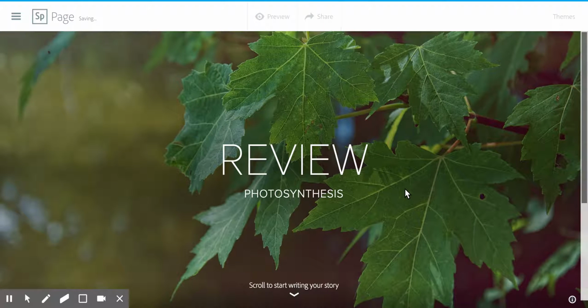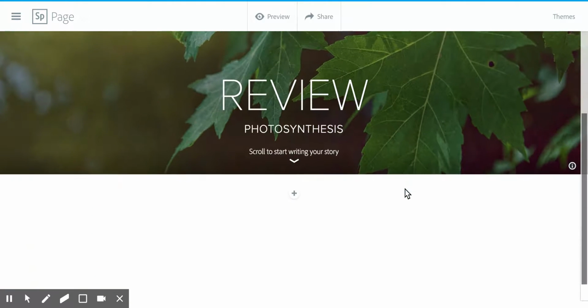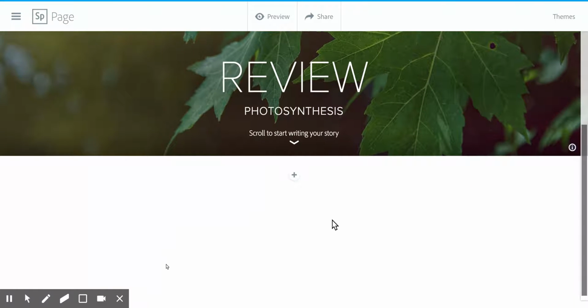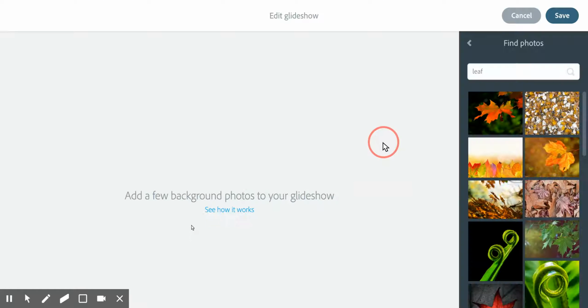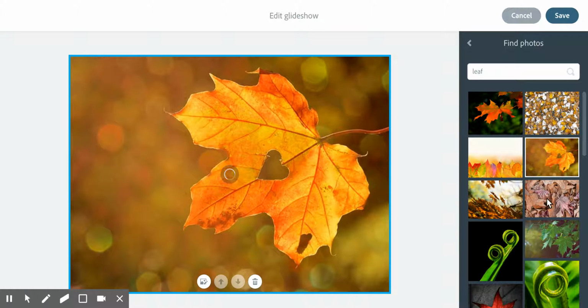So once I'm done with creating my cover page, if you will, I can scroll down, and now it says start writing your story. So what you can do now is it gives you the plus sign and what you can add. So you can add a photo, an individual photo. You can add text. You can add a button, which would be a link to another place. You can add a video. You can add a photo grid, or you can add a glide show. This one's actually pretty cool. If you were to select multiple photos,